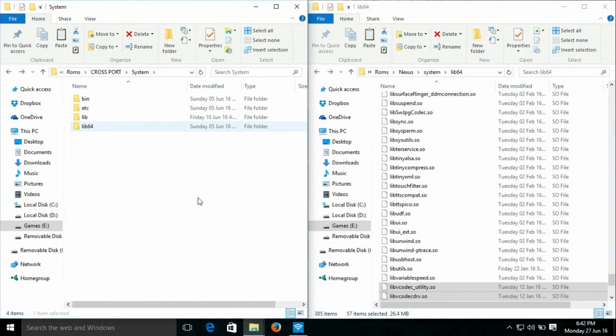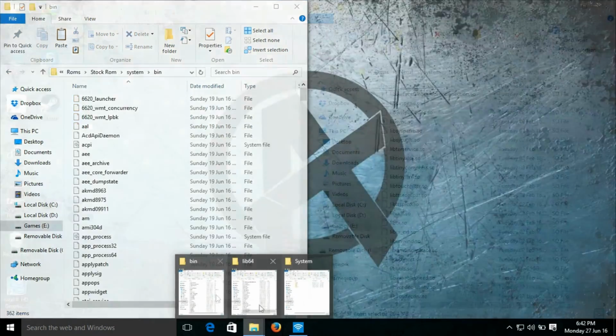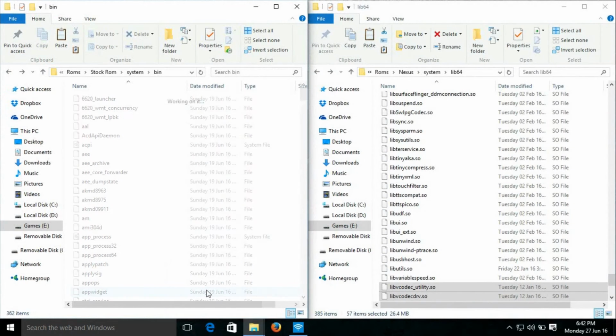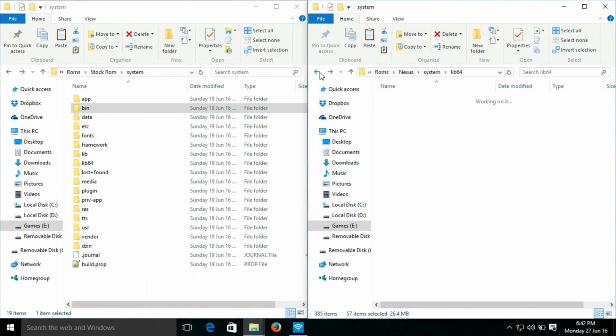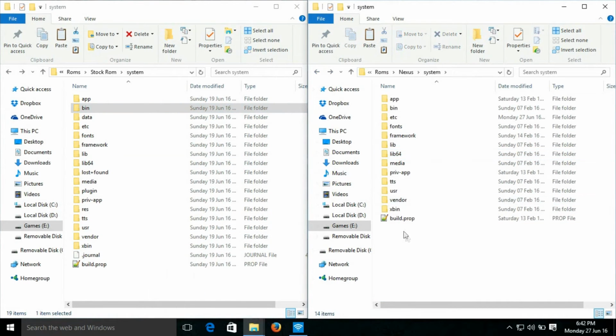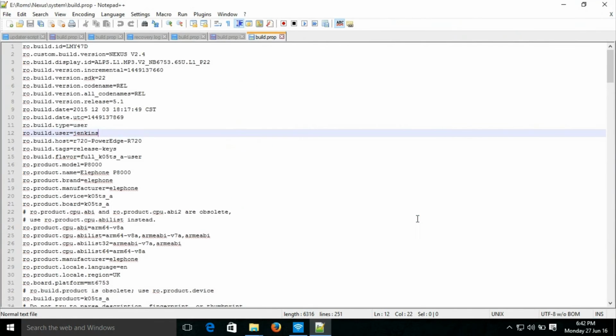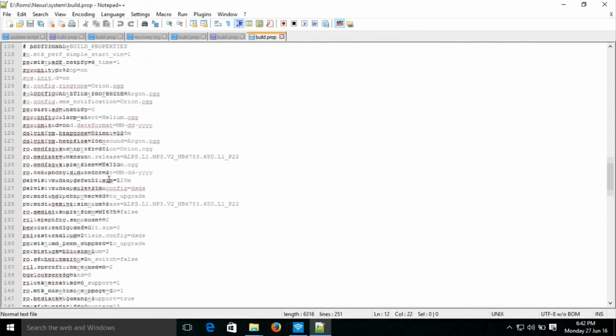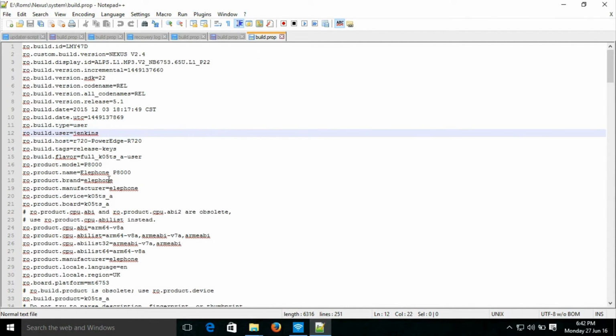So now next we need to edit the build properties of your port ROM. So open the build.prop of your port ROM and open it with Notepad++. Make sure you open it from Notepad++, okay? And then as you can see, these all are the build properties of your port ROM. You can always edit them. For example,